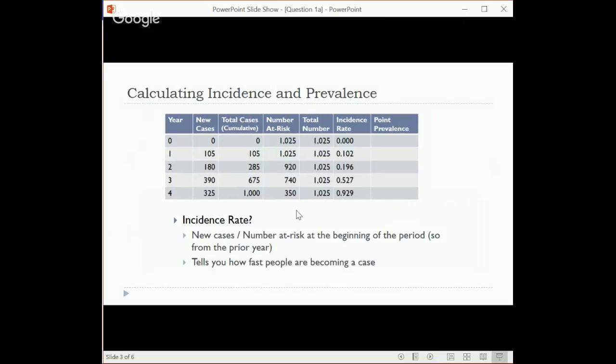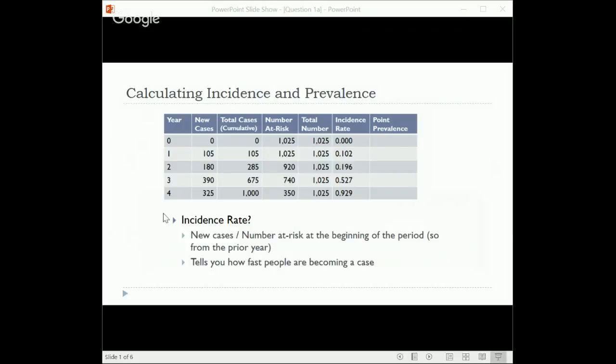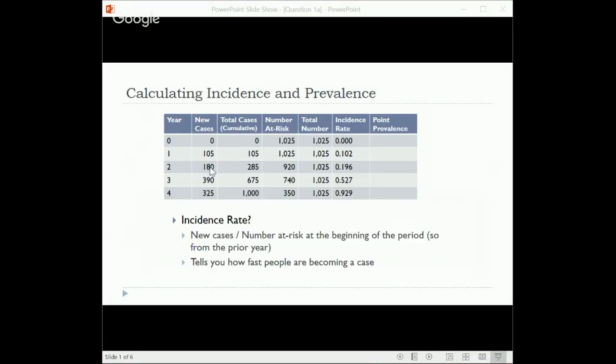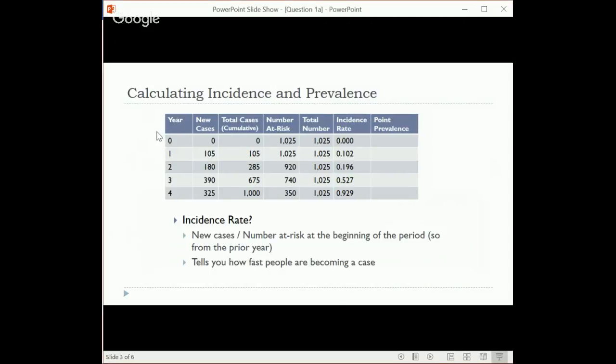All right, now what is the incidence rate? Incidence rate, remember again, is your number of new cases over the number at risk at the beginning of the period. So this is always from the prior years. I've set it up with year 0 in the table, which for question 1A they don't do, but I think it makes it a little bit easier this way. For the first, I've written year, but it's actually week. For the first week,